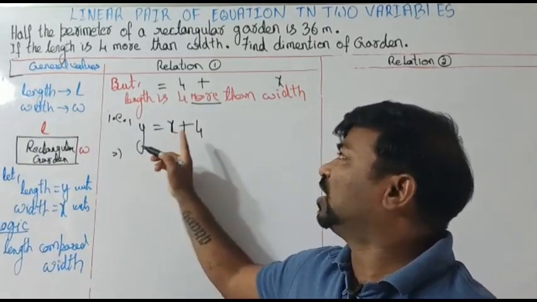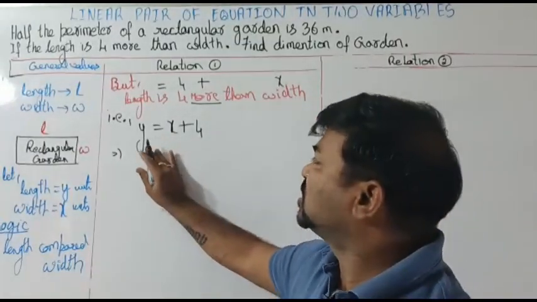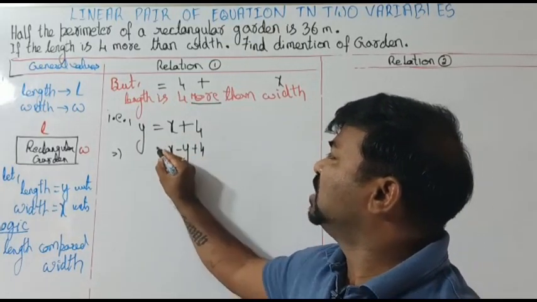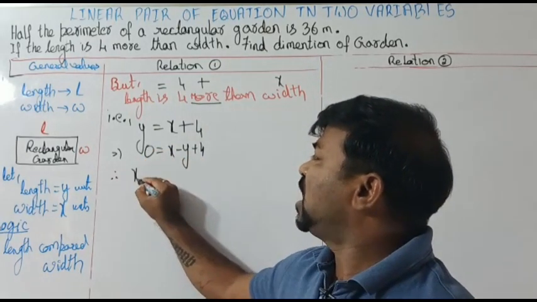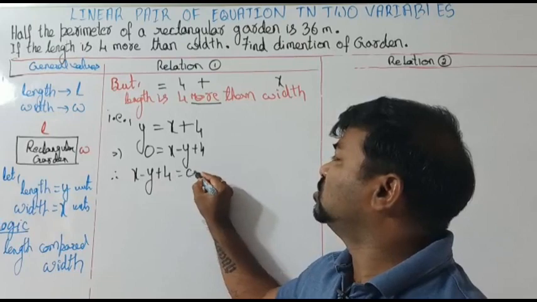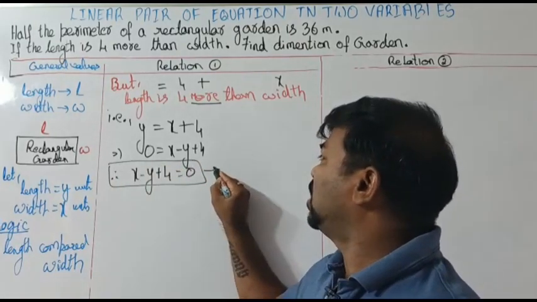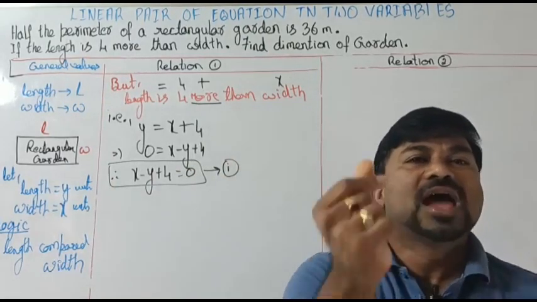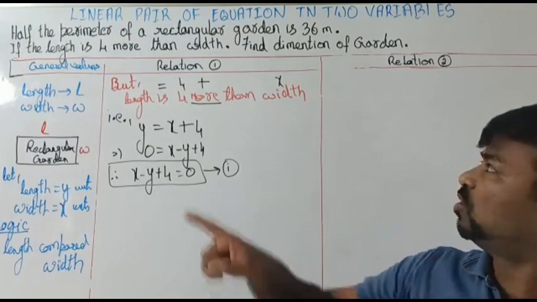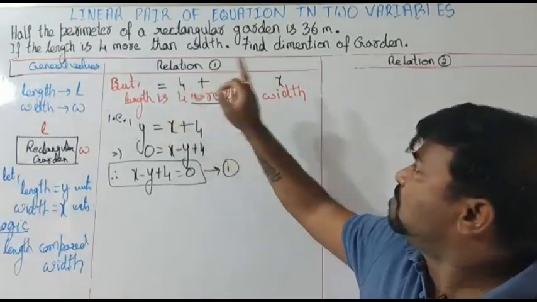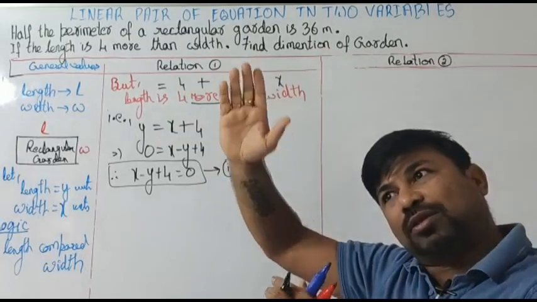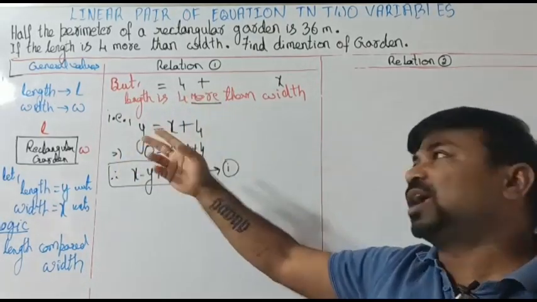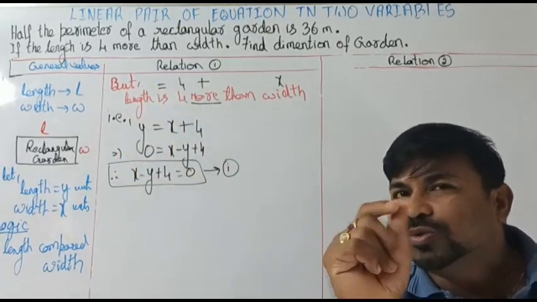Of course, if you want, you can convert the equation into standard form. So standard form, what is that? Take y to the other side as minus y. So x minus y plus 4 is equal to 0. I like to call it equation 1. With the basic relation given between the dimensions itself, I am able to set right the first equation. Here the logic we are remembering is that length is compared to the width, therefore we are taking width as x and the length as y. More means plus and is means equals. These are the key words we have to remember.